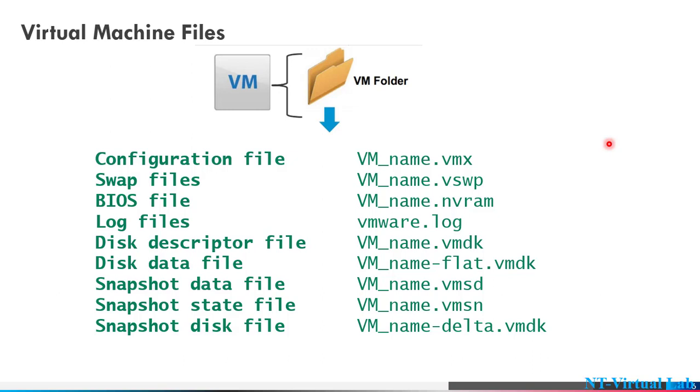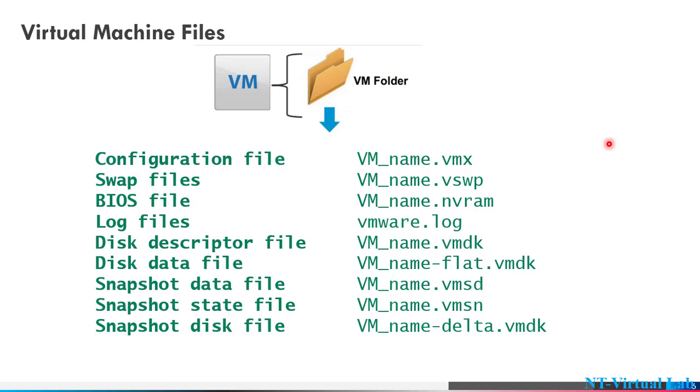Some common files are the configuration file that ends with .vmx; the file for virtual memory, which ends with .vswp; and the BIOS file that ends with .nvram. Each file starts with the virtual machine name and ends with a particular extension, like the log file. Each virtual machine has log files like vmware.log, the disk file .vmdk, and snapshot files.